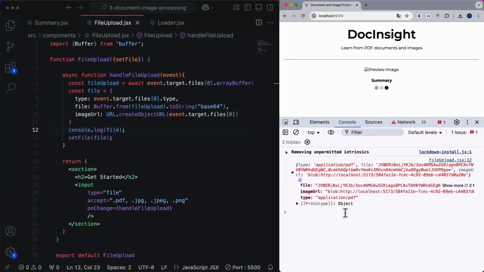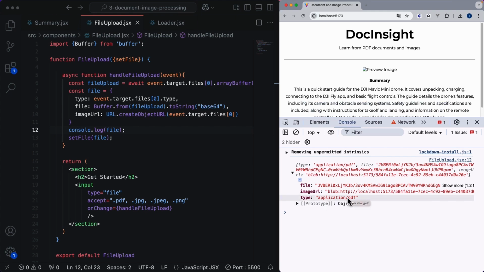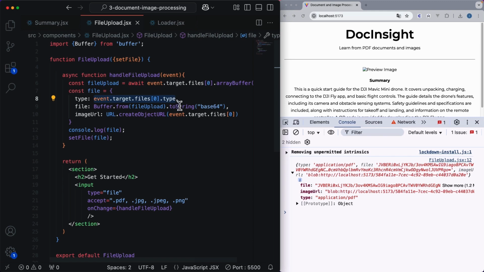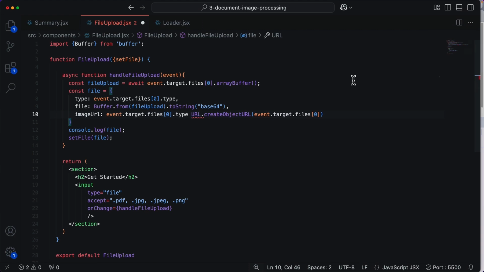And we can see that now the type is application PDF. So what we can do here is the following. We can test if the type, now let me put this a bit bigger so we can see this better. So we can test if the type